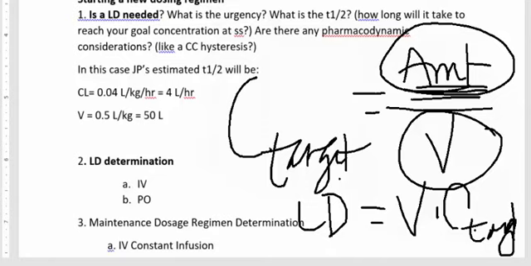Let's check our units to make sure that makes sense. Loading dose is going to be in, let's say, milligrams, or an amount. Volume will be in liters, or a volume, and our target's going to be in, let's say, milligrams per liter. So milligrams per liter times liters gives us milligrams. Yep, that works out. I always check my units to be sure it all works out. So if that's what we're doing here,